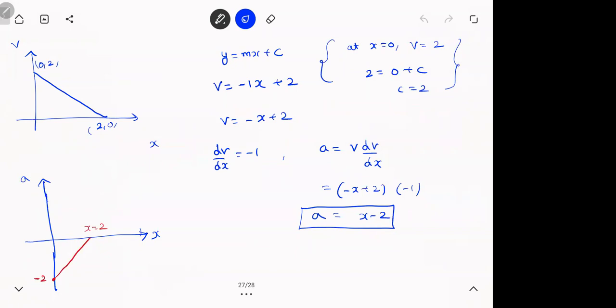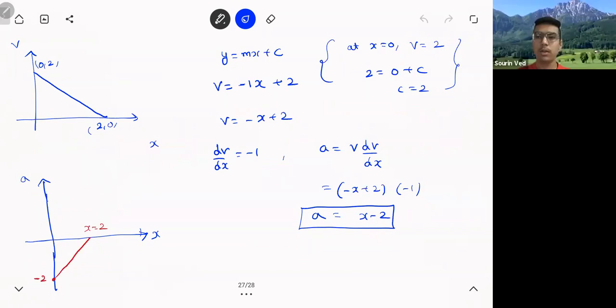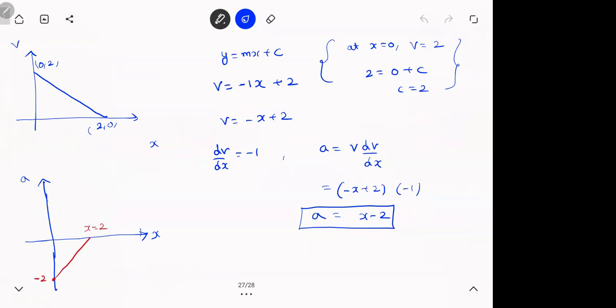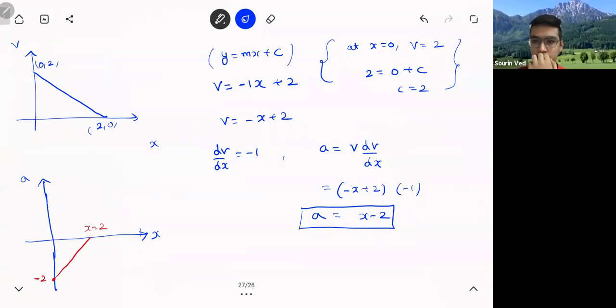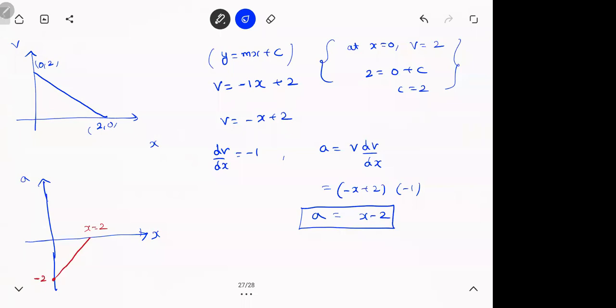So put this down. Ask me any doubts on how I did this thing or how I got this thing. Any step that you didn't get. Sir, can you explain that y is equal to mx plus c part? Normally there is a equation of a straight line, na, the general equation. In place of y, what was there here? v. In place of x, x. In place of m, slope -1, agree? And in place of c, 2.